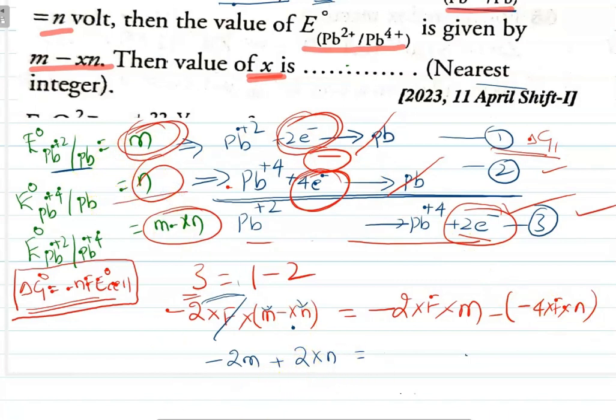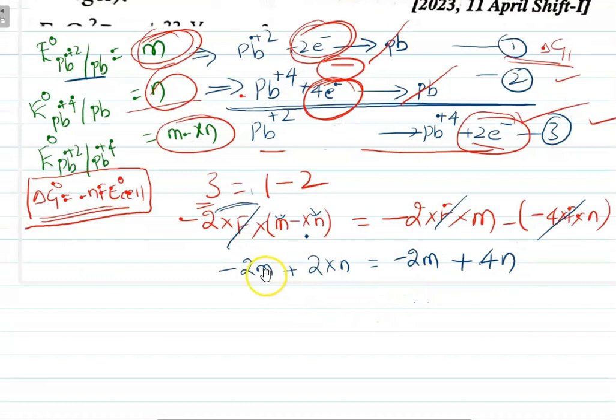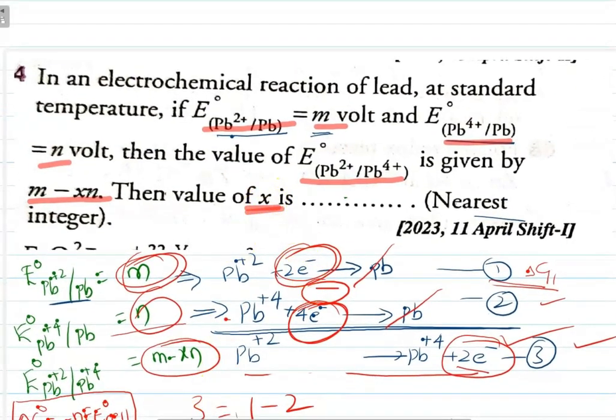Again in the same way we'll cancel F in every equation. So what we get is 2 into M minus 2M, minus of minus becomes plus 4N. If we send 2M to the other side, minus 2M becomes plus 2M, and minus 2M becomes 0, so it cancels out here itself. Then 2Xn, N also gets cancelled. So 2x is equal to 4, that is x is equal to 2. So what's your answer? The x is equal to 2, because he asked us to calculate x. So you got the x value as 2, right?